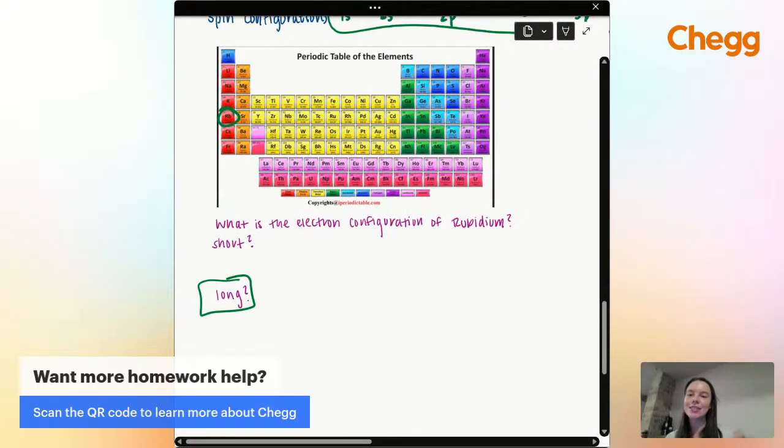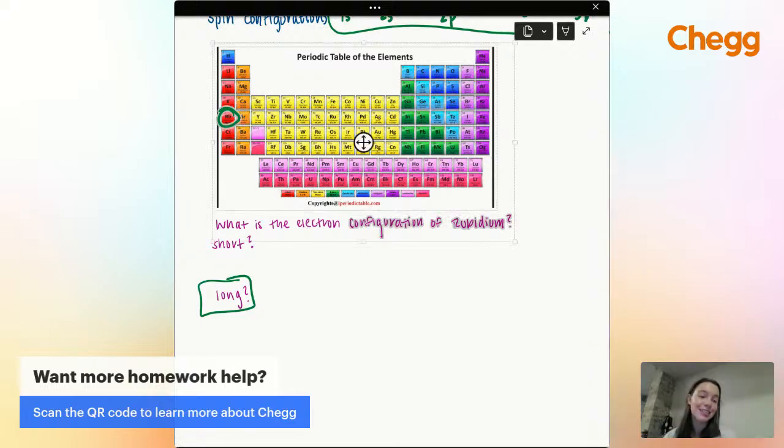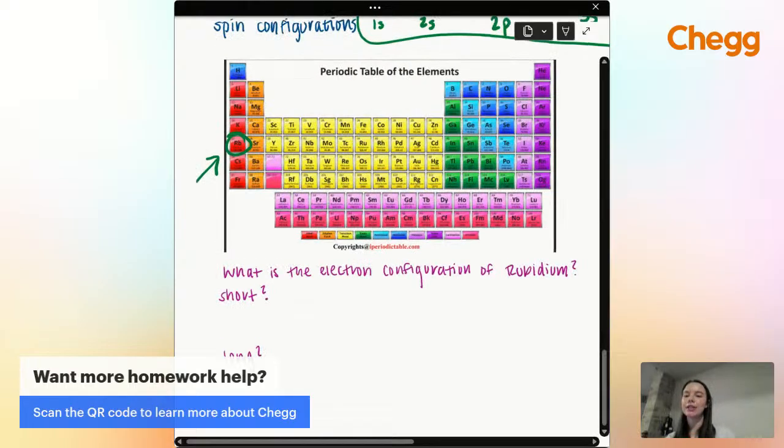Y'all caught me. See, this is why y'all have to engage, so that y'all can try to catch me and get the answer correct before me, or get the correct answer when I don't. But RB is absolutely what we're trying to look for. RB is right here.